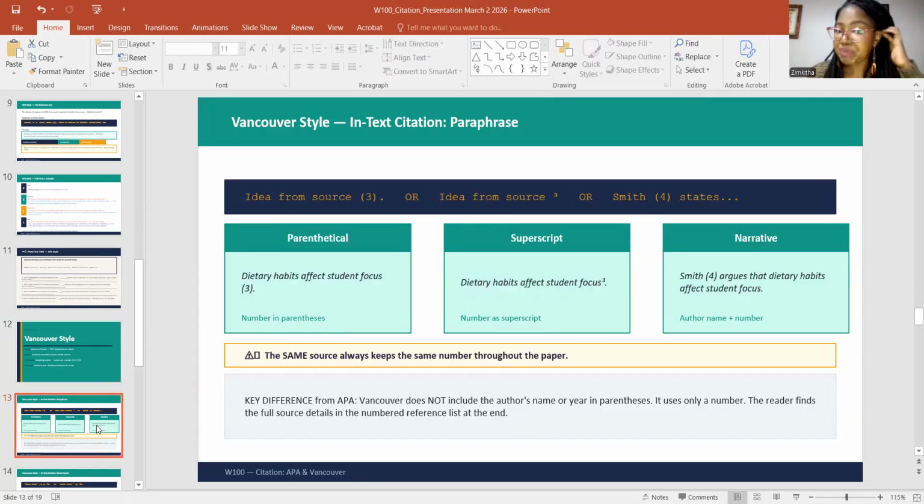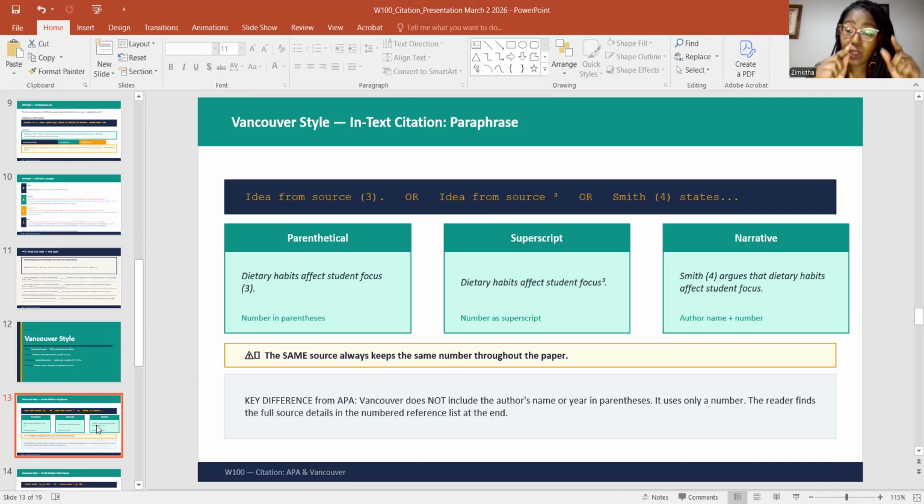What do we mean? We're going to start with in-text citation for paraphrasing. When you paraphrase using Vancouver style, all you need to do is put the number. Now, where does the number come from? That is the biggest question. The number comes from the list of sources. So let's say you are doing a journal and you have 5 different sources. You need to start numbering them. Determine which one will be source 1, source 2, source 3, source 4, and you stick to it.